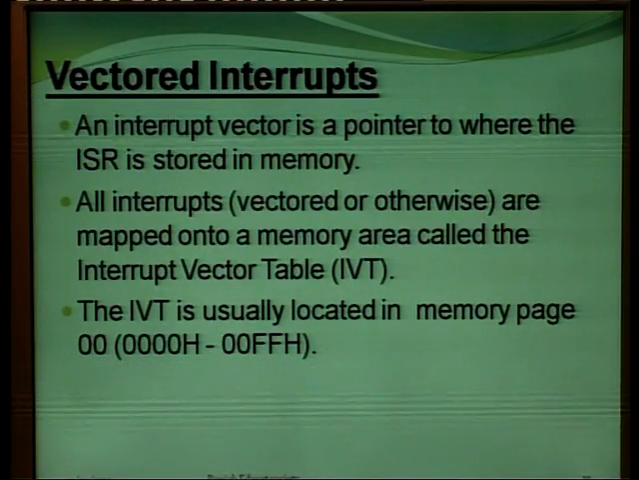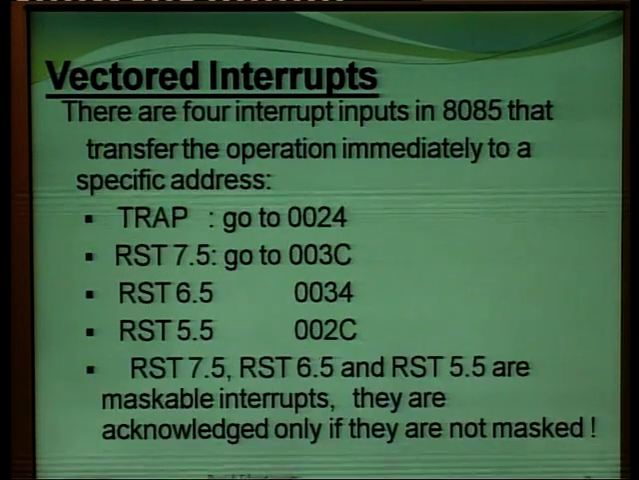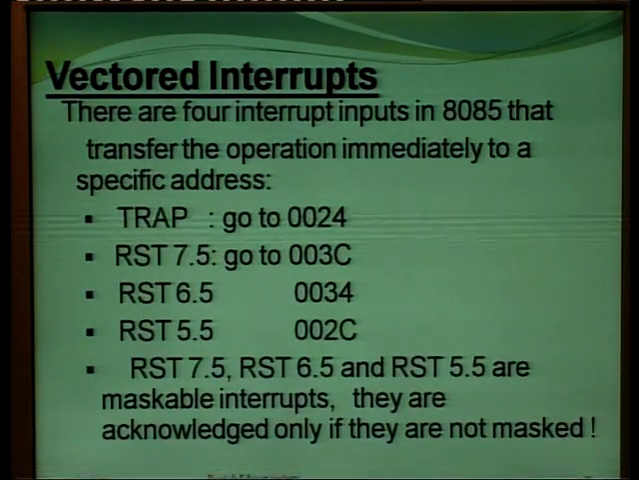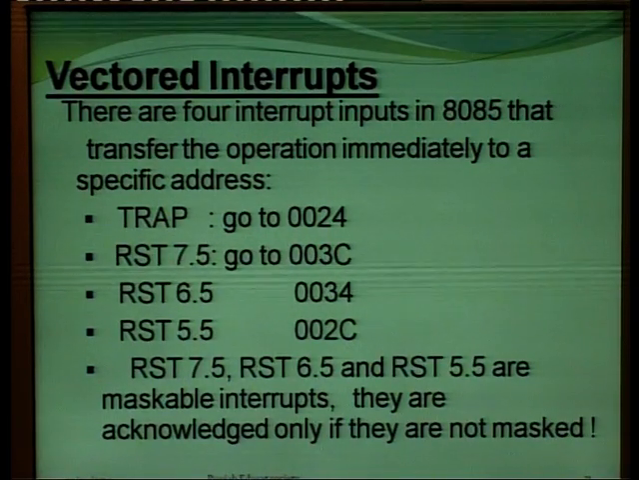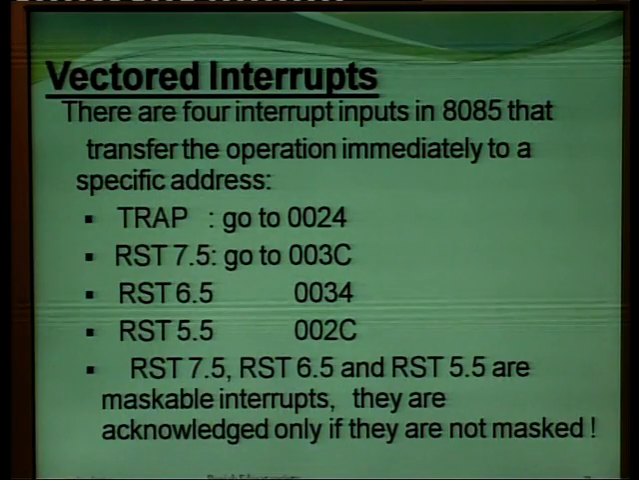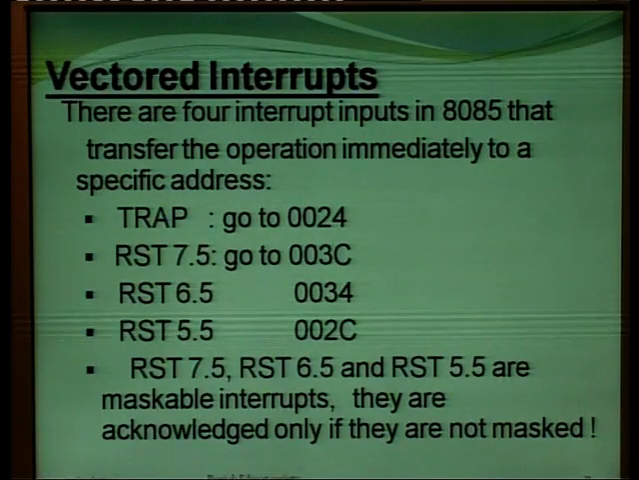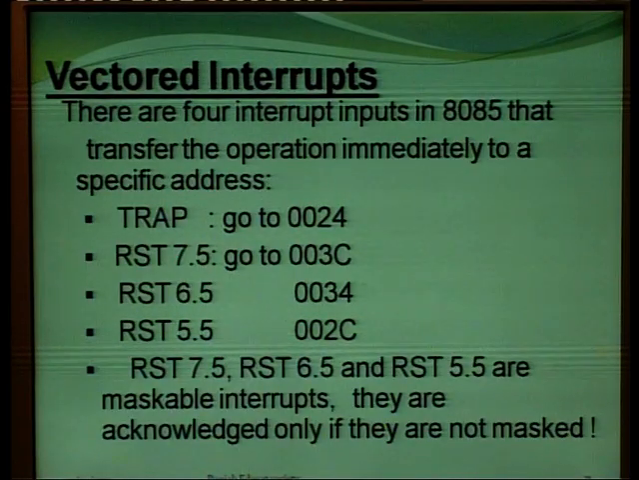These interrupt vectors are generally located in this range. So, they are located in page number 00. There are 4 interrupt inputs in 8085 that transfer the operation immediately to a specific address. So, there are 4 vectored interrupts in the case of 8085, due to which the program is transferred to